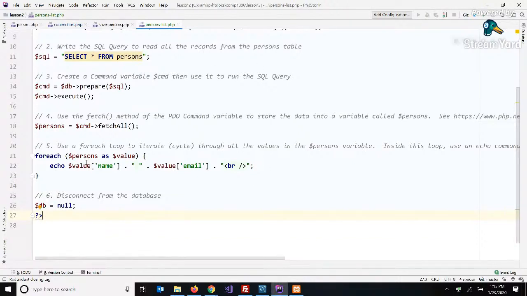Well, they are. In effect, persons is an array because it has all the rows, and in every row it has 3 columns: person ID, name, and email. So it basically is an array. No, we still have to refer to one column at a time. So if I save this and refresh it,